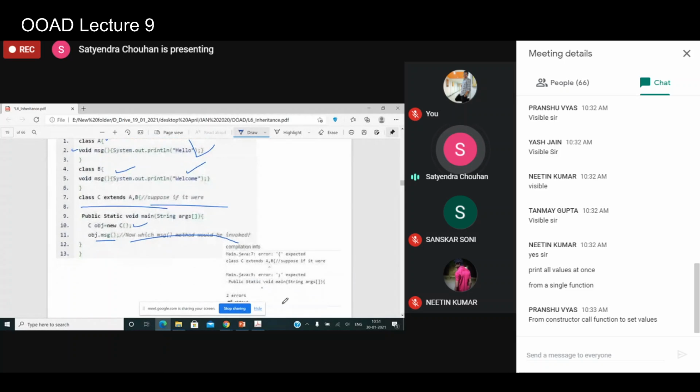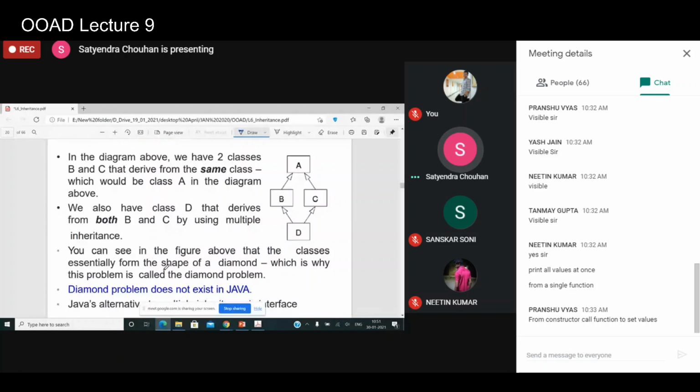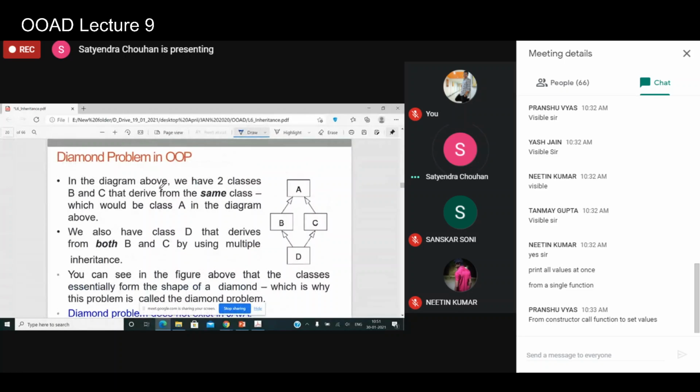To avoid this multiple inheritance problem, which is also called the deadly diamond of death or the diamond problem basically. Suppose one method from class A is inherited in class B, and the same method is inherited in class C, and from B and C the method is inherited in class D. So which path should be followed?